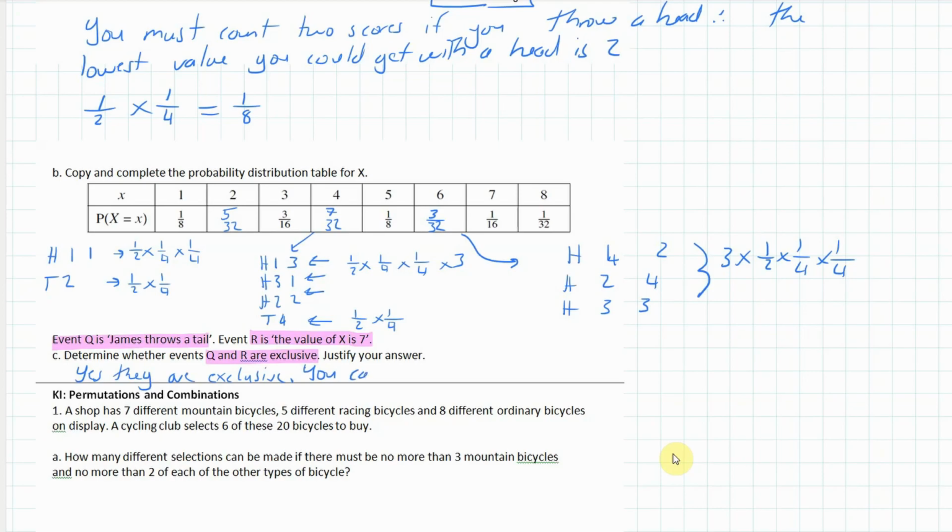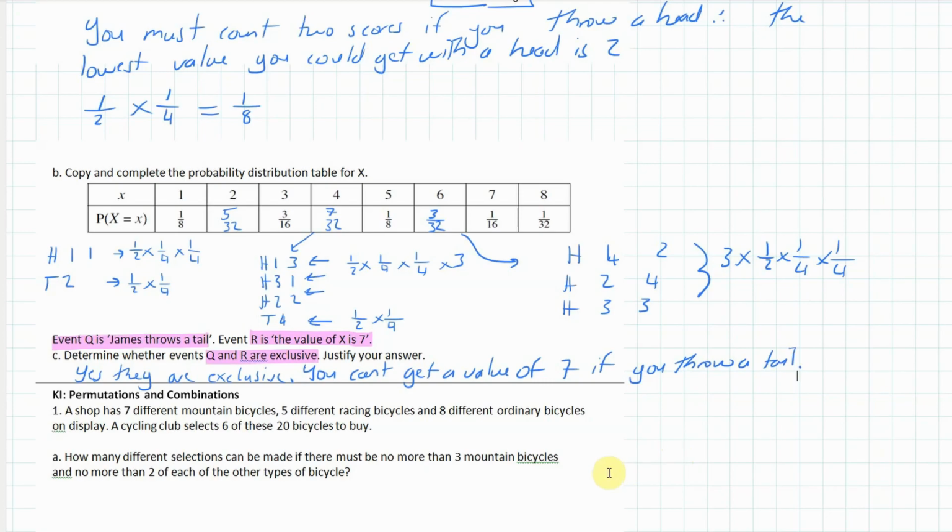You can't get a value of 7 if you throw a tail,